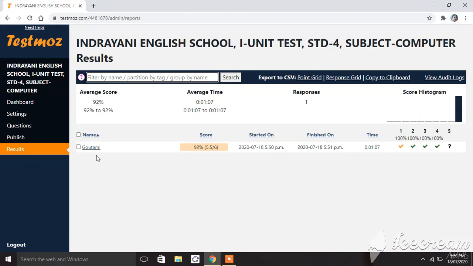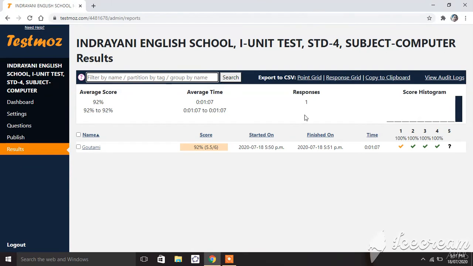So only one student is attempted now, and how much score she or he got. Then at what time the test started and at what time the test finished, and how much time that student take to complete the test.